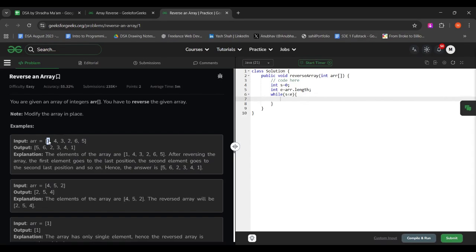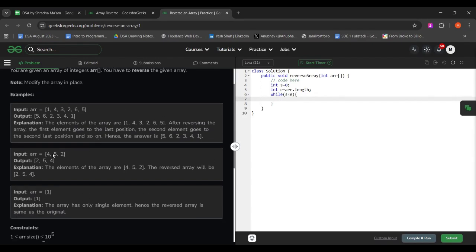Start is here, end is here. 0, 1, 2, 3, 4, 5. The length is 6, so the last element's index is 5. So here the length is 3, the last element's index is 2. Like 0, 1, 2. Zeroth element, first element, second element. Okay, yeah. While s is less than e,